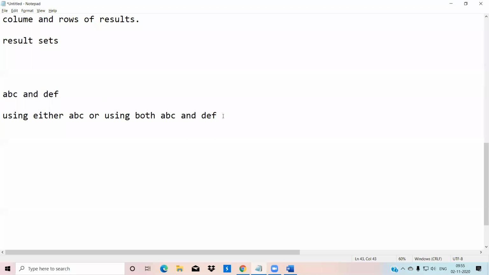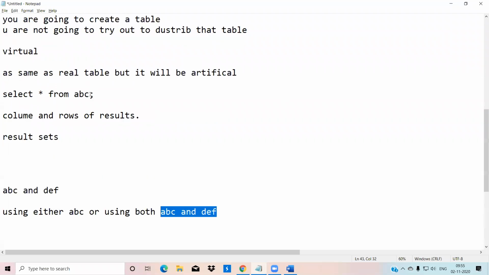Which means that you can create a view using a single table, or you can combine two tables and form a single view. So this is what we say a view is.